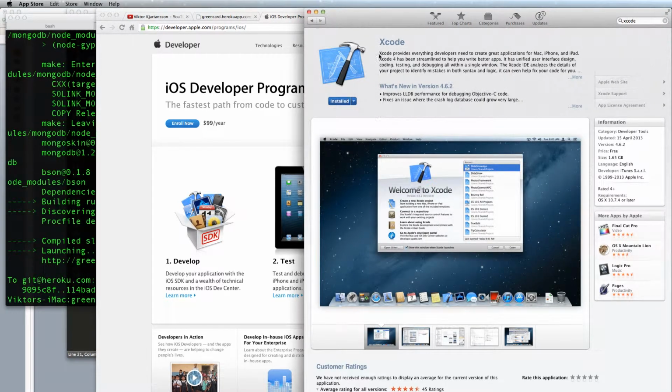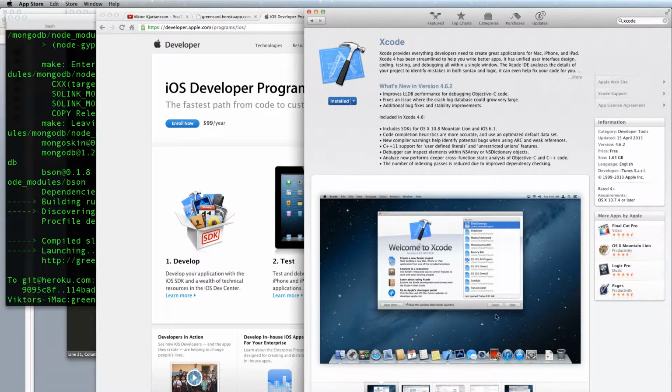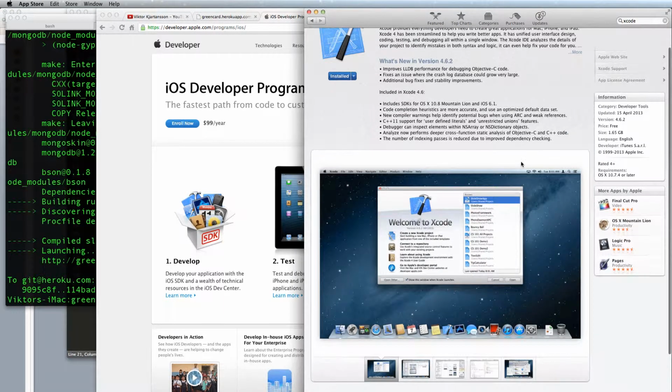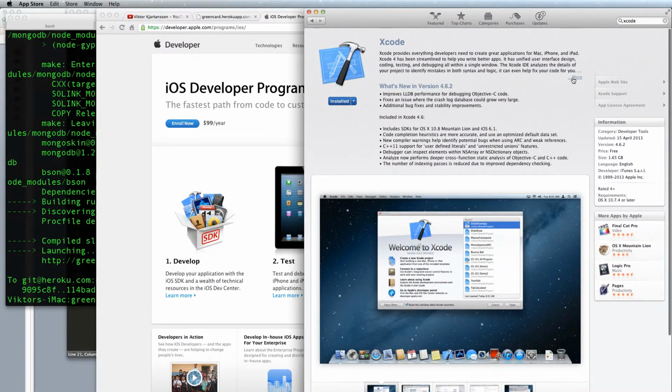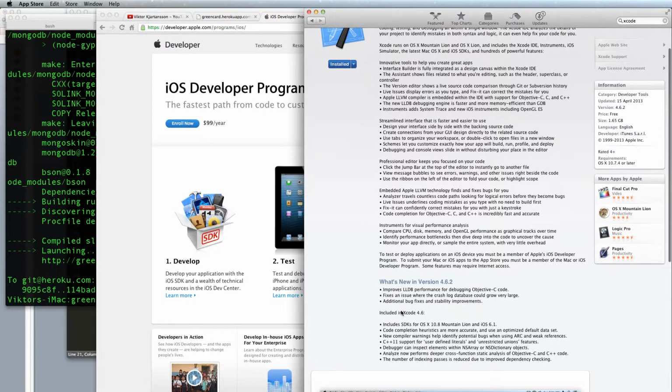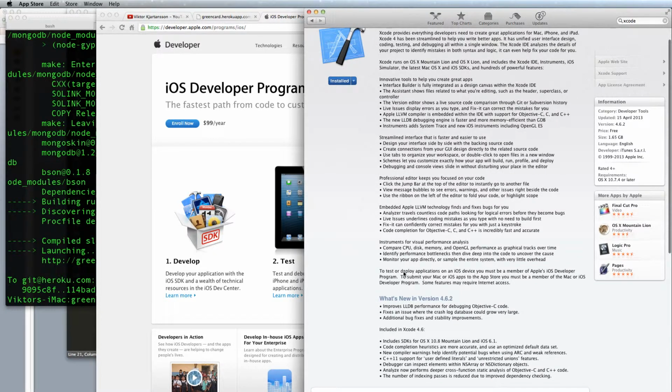And what's interesting to see is the text about Xcode here, where it tells you what is possible with Xcode, and here it says to test or deploy an application on an iOS device, you must be a member of the Apple iOS developer program. So that's why we need to spend